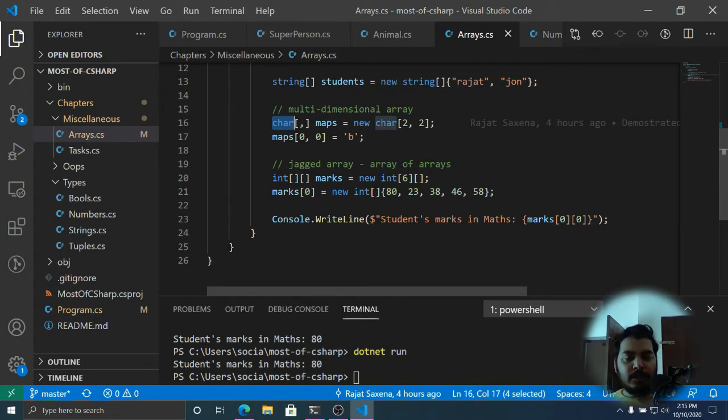So let me demonstrate. Here I have created a jagged array, and it is of type int. What do I mean by that? This will have 6 entries first of all, and those 6 entries are in turn going to be of type arrays. So marks 0 here is of type array of integer.